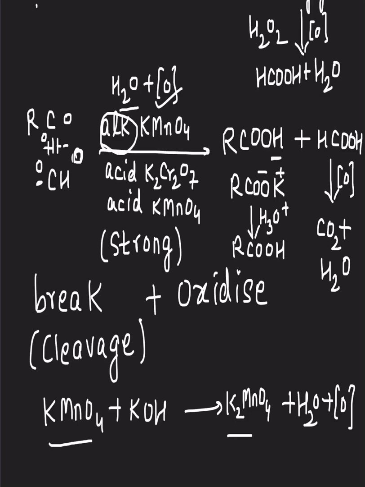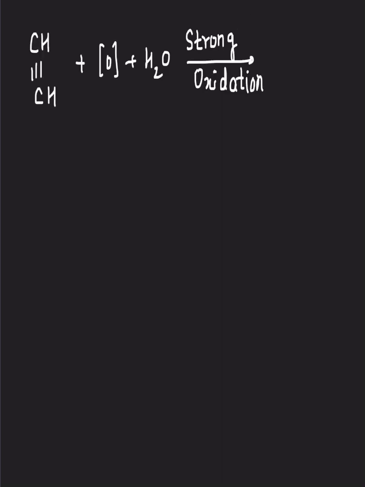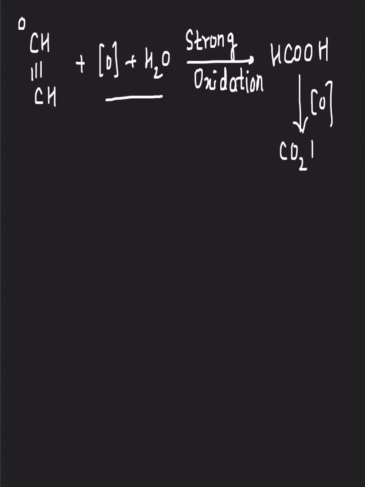So would you like to write the reaction with CH triple bond CH? Go ahead. So you have over here CH triple bond CH. Now the conditions are strong, so what will happen is you get HCOOH, which will further get oxidized to give you carbon dioxide and water, right? Don't forget, we are carrying out oxidation under strong alkaline conditions, or if you are using potassium dichromate, then acidified potassium dichromate is used over here.